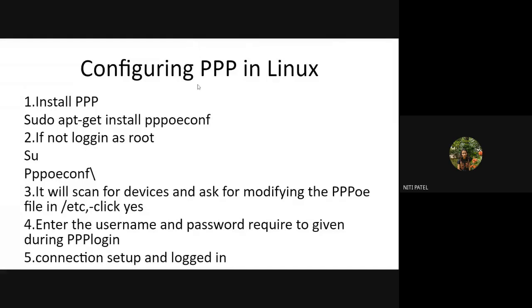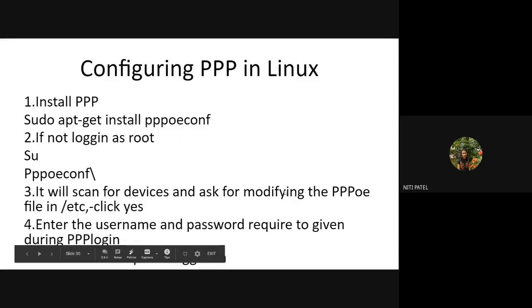Why is this done? Because you are getting connected only to one dedicated computer. PPP is point to point. So one computer is connected through a dedicated line to another computer. To verify the details, you have to give this login. At this particular time, you are only setting the username and password, and you have to remember them, so that whenever you try to access the internet from the same computer, you have to use the same ID and the password. Once you have done this setting, your PPP configuration has been installed.